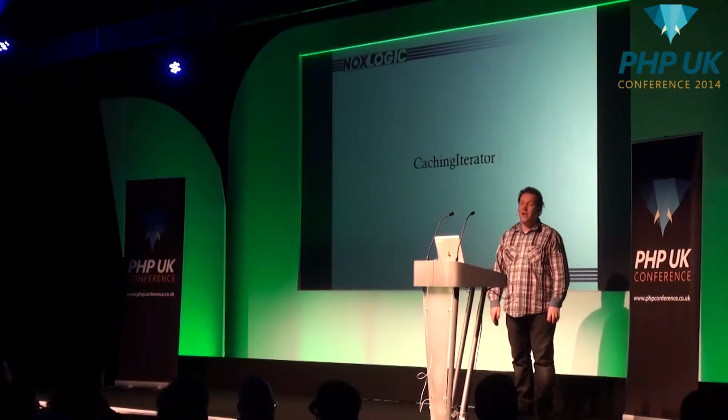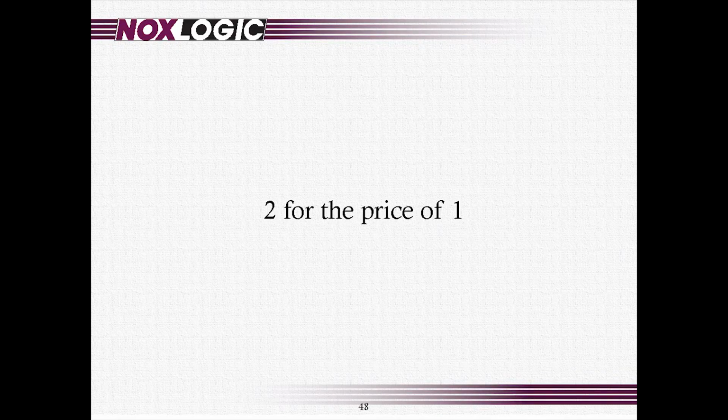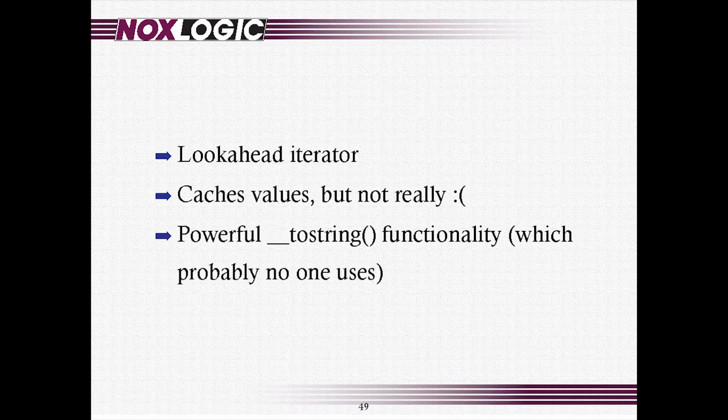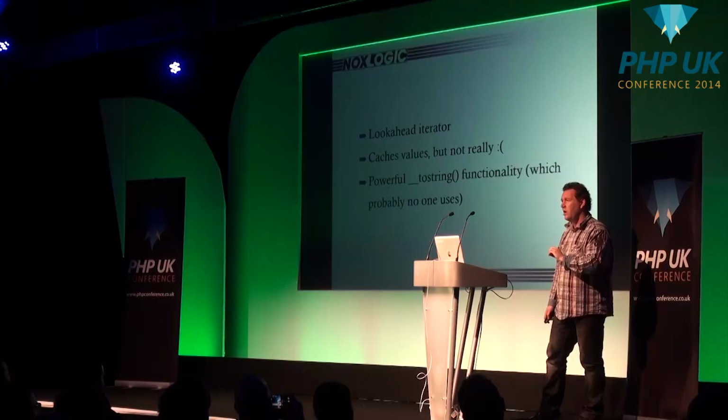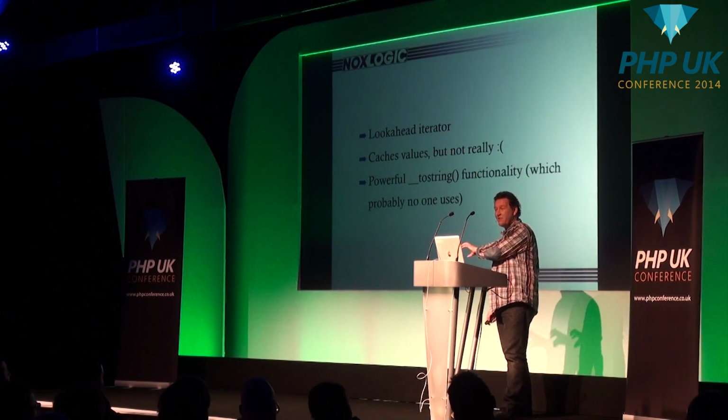And the caching iterator is one of the fine examples that absolutely makes no sense to be inside the SPL, at least not in this way. Because the caching iterator is actually a 2 for the price of 1 iterator. In a sense, it caches values, but it's a look-ahead iterator. It shows you what comes next. It can detect, am I at the end of the iterator before it actually hits the end of the iterator,